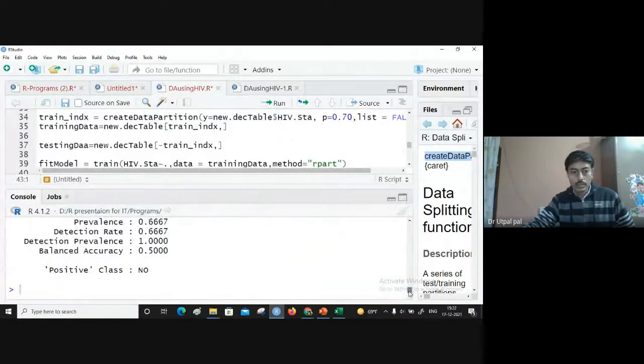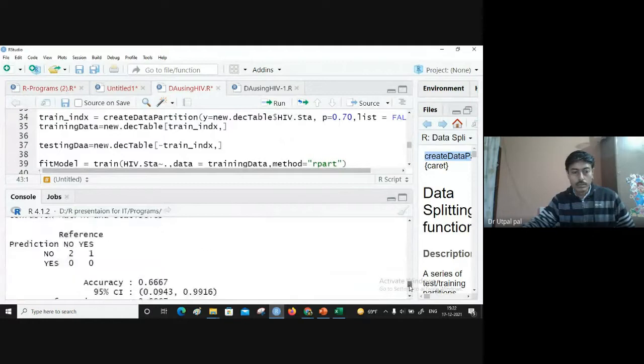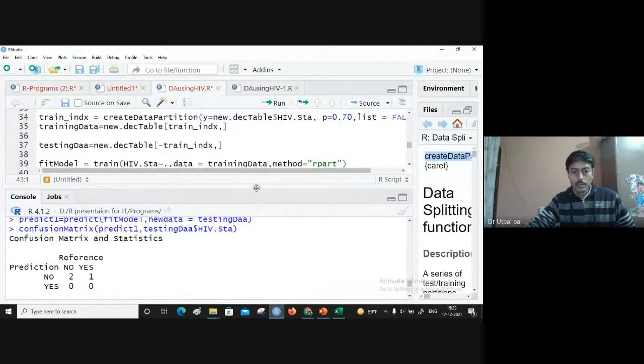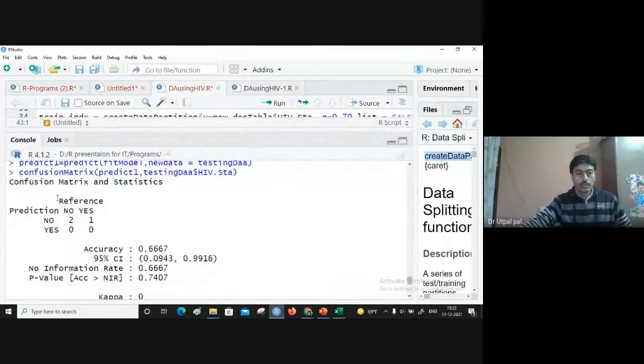So here you see, this is the confusion matrix. Here you can see we had 2 rows with no values, and the model predicted them correctly, and 1 row as yes.